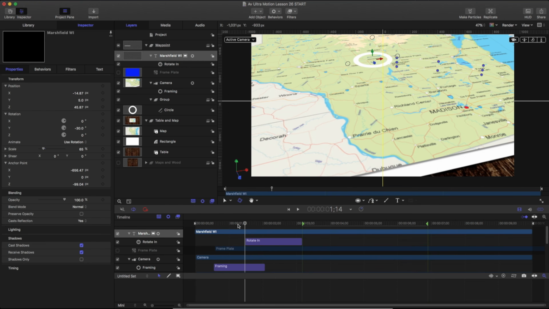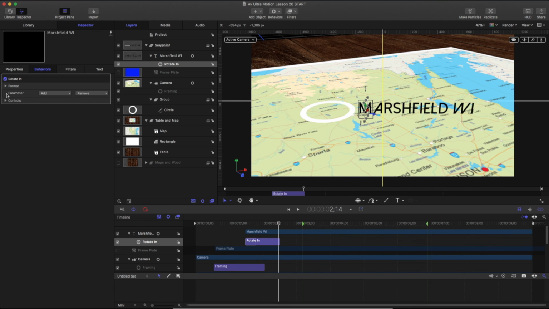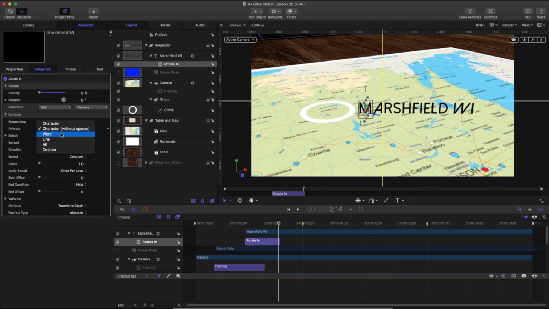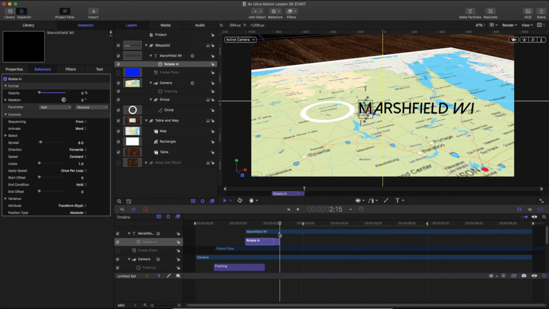I don't want my text on screen before it starts that behavior, so I'm going to select my text, click I, and that's moving a little slow for me, so I'm going to trim that down, go in my inspector for my rotate in, and in my controls, I want it to go from word. So now it'll rotate just Marshfield, Wisconsin. And we can change that spread to like 1,